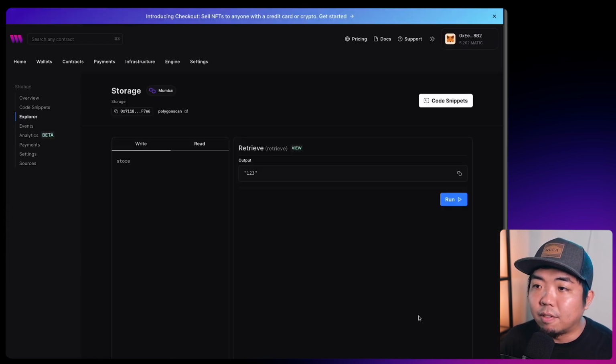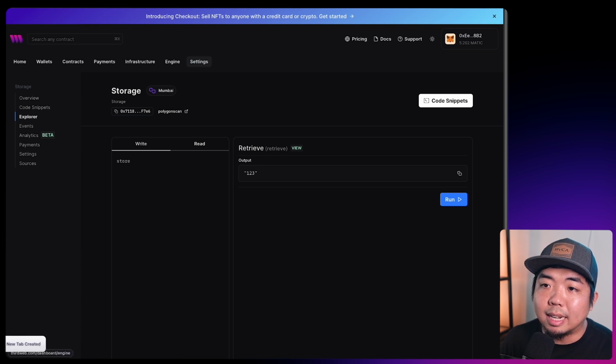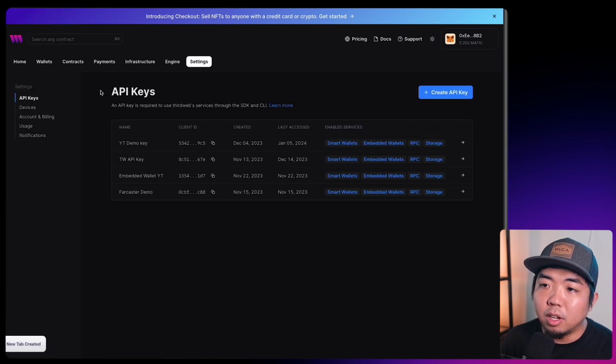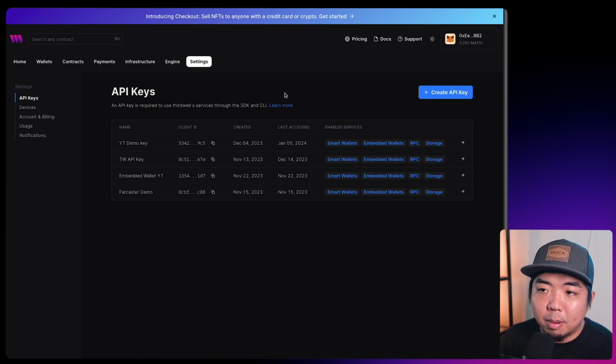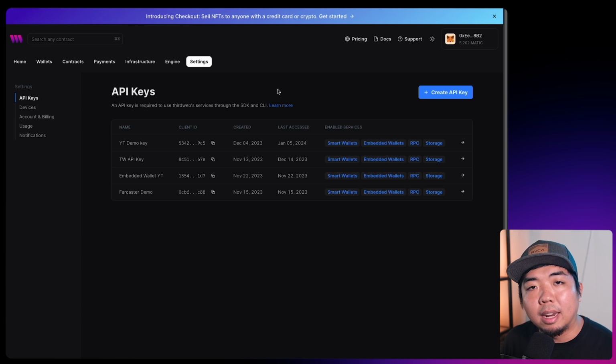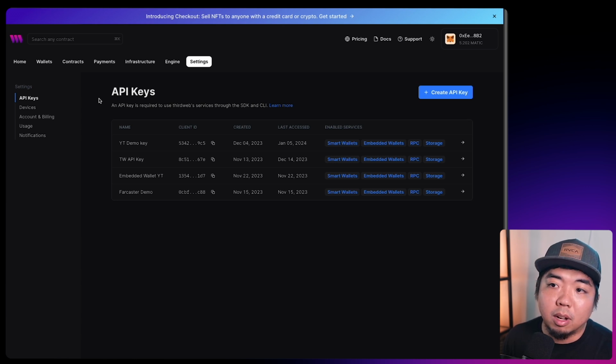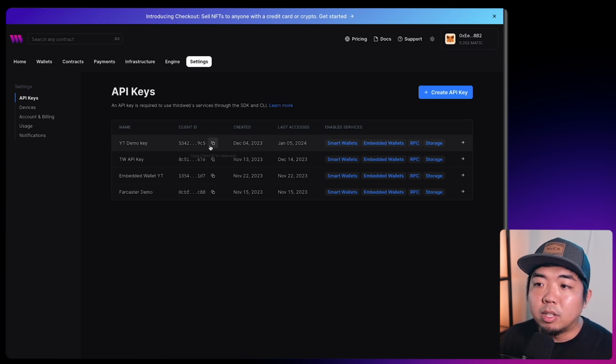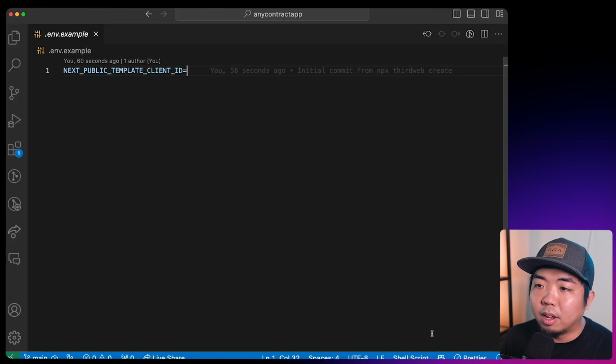In order to get that, if you come back to thirdweb and you go to the settings tab, you can then create an API key here. Now, if you want to learn more about API keys, you can click this link. We'll add a link down in the description. We'll also add a tutorial video down in the description as well that goes a little bit more in depth on creating API keys. But once you have that API key, just copy it,